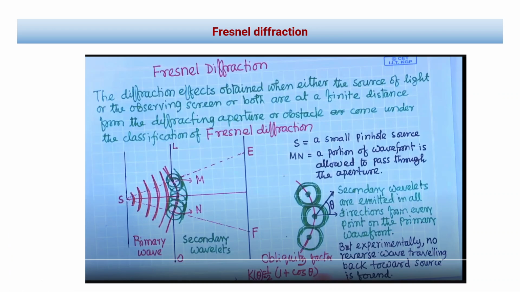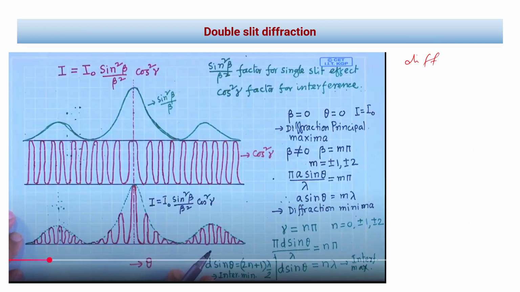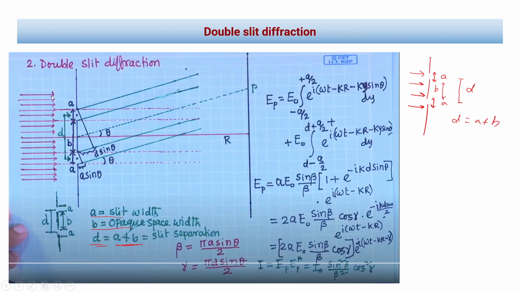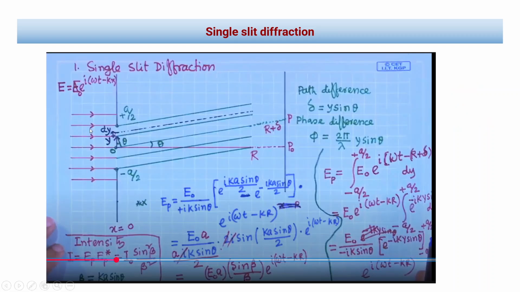when we discussed the single slit experiment and the double slit experiment, if you paid attention, we were using a parallel wavefront of the incident light, because we were considering the example of Fraunhofer diffraction, where the screen or the source are at infinite distance. That's why we get a parallel wavefront. Even in double slit and single slit, we were considering parallel wavefronts because our source and screen were at infinite